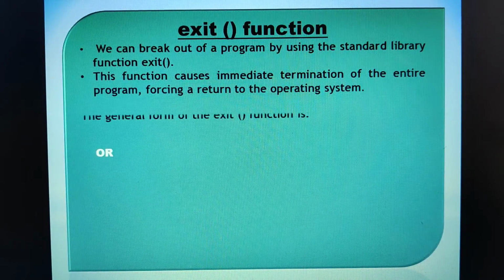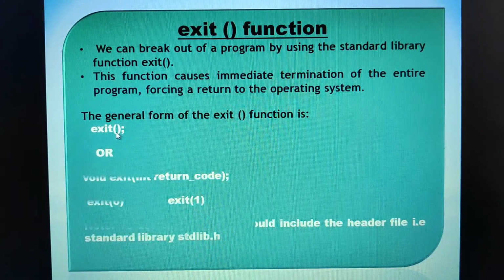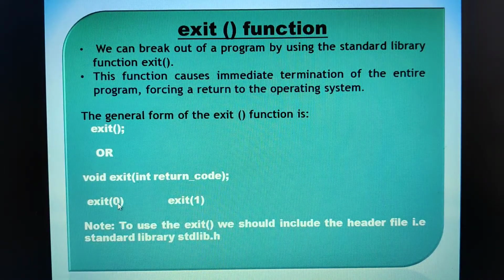Fine. Let us see the general syntax of the exit function, that is exit followed by round parentheses and then followed by a semicolon. The round parentheses indicate that it is a function, the exit function. Understood? Now this exit function takes an integer argument, either 0 or 1. So exit of 0 means this is the value which is being returned to the operating system. Exit of 1 means what? This is the value that is returning some value to this particular operating system.